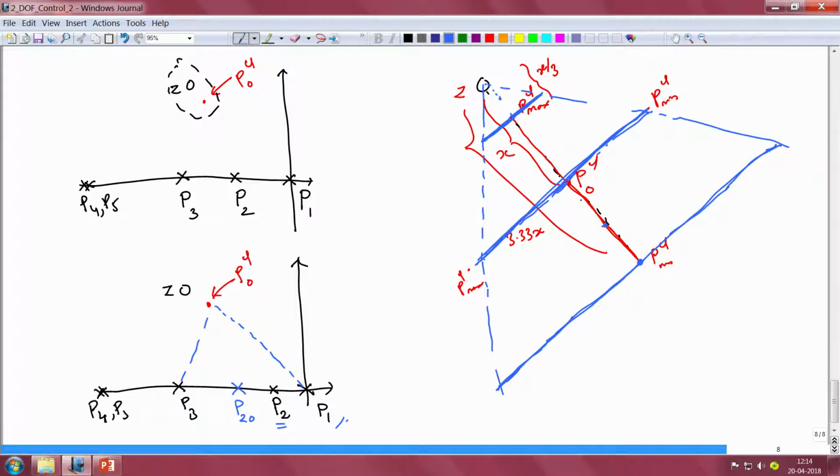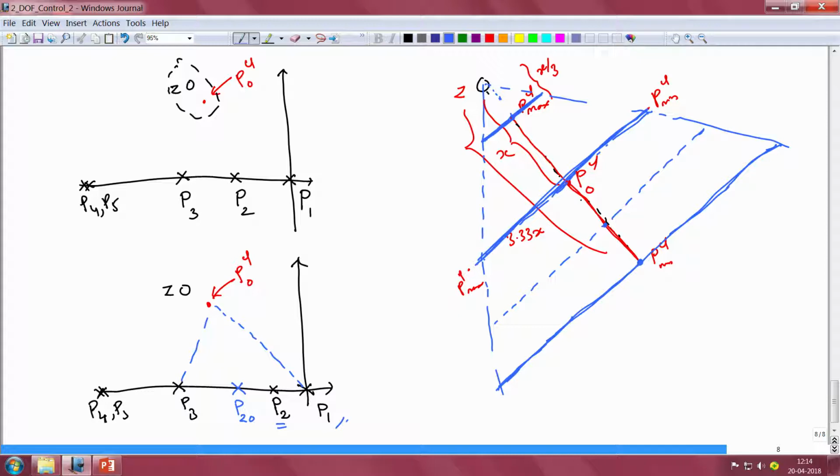However, if we now assume that the gain was at this particular value for the plant, but its pole became uncertain and it could wander back and forth between the points s equal to 0 and s equal to minus 2, then the corresponding closed loop pole would vary along a straight line that is parallel to the other straight lines that I have sketched, in such a way that its extremities once again form a triangle with the point z, similar to the triangle that the extremities of the point P2 form with respect to the point PCL naught.